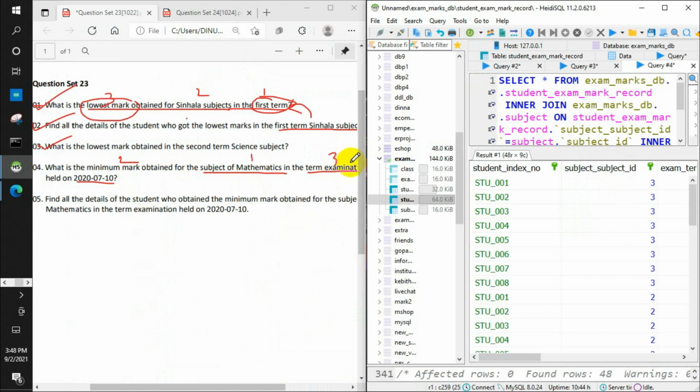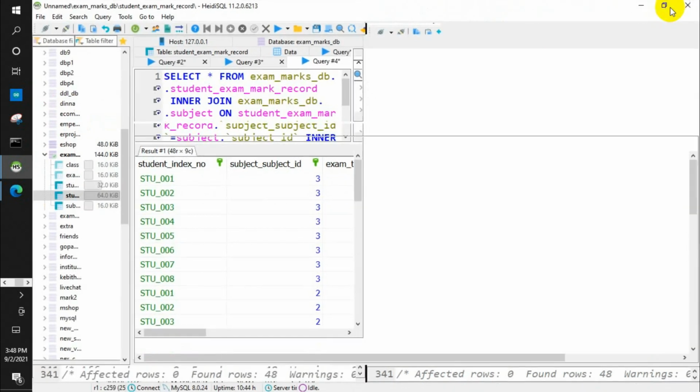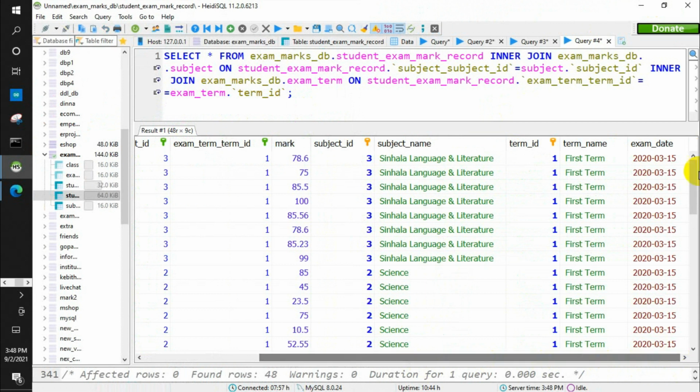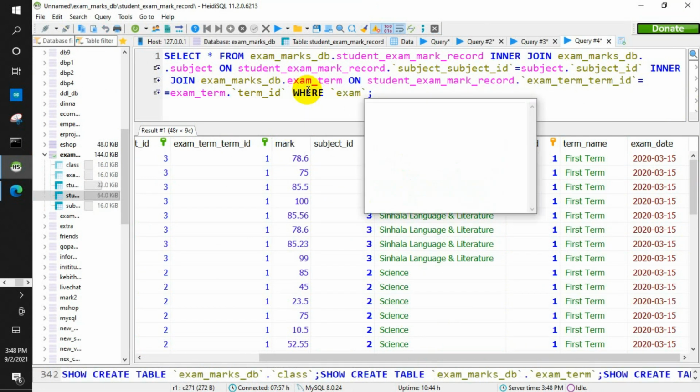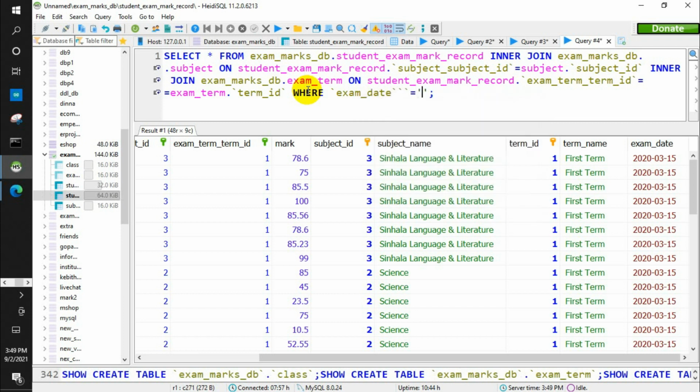Now we have to filter the exam held on 2020-07-10. Now we are not given the name, they are telling us only the date. Now we have the date right here. We can search which exam is held on this date. There we have to give a condition: exam date should be equal to 2020-07-10. Now when I run this query,